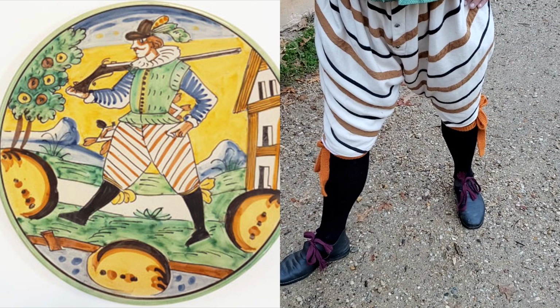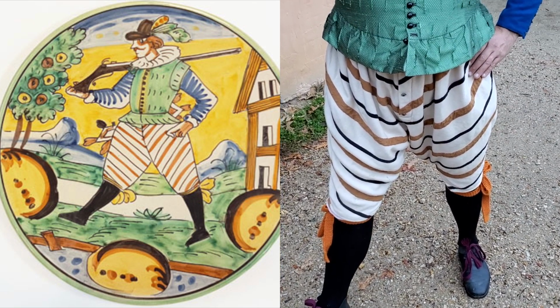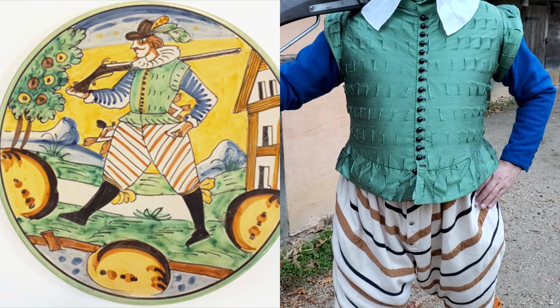And now that you've seen some of the details of this suit and you've seen it on the mannequin, let's take a look at what the finished product looks like worn in action in our 17th century recreated fort. Okay, moving outside to our recreated James Fort. Here I am wearing the suit of clothes we've been talking about, also carrying one of our reproduction black powder